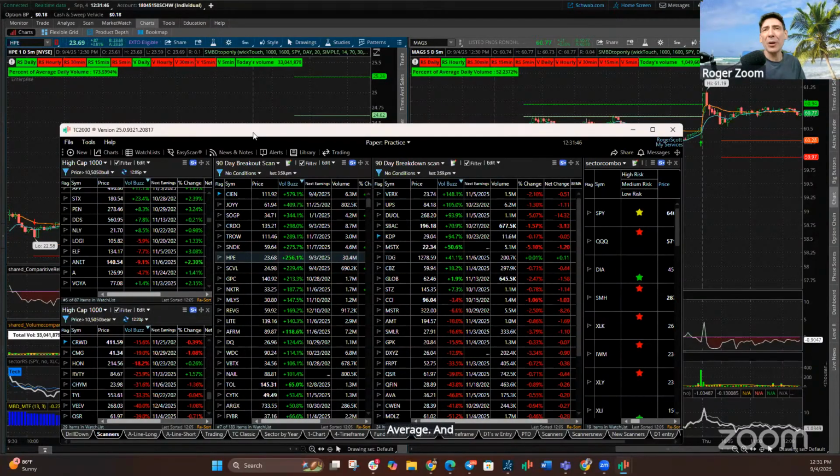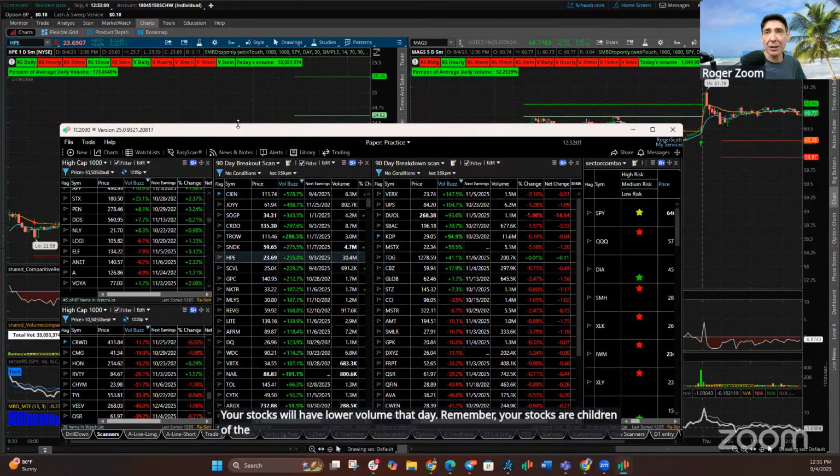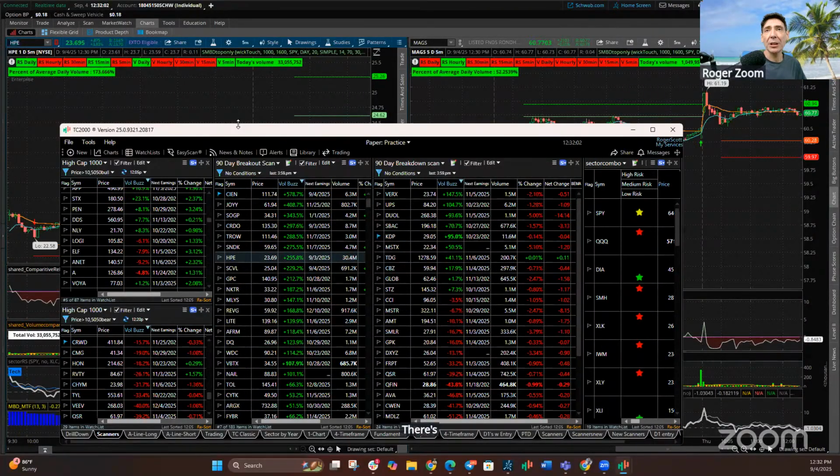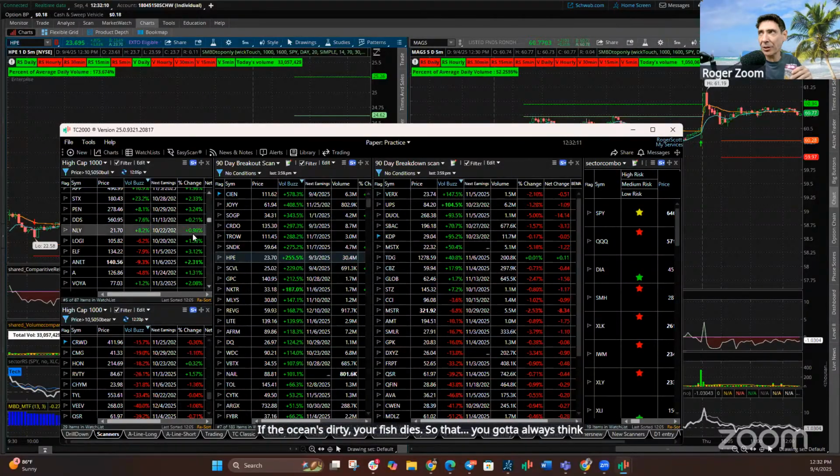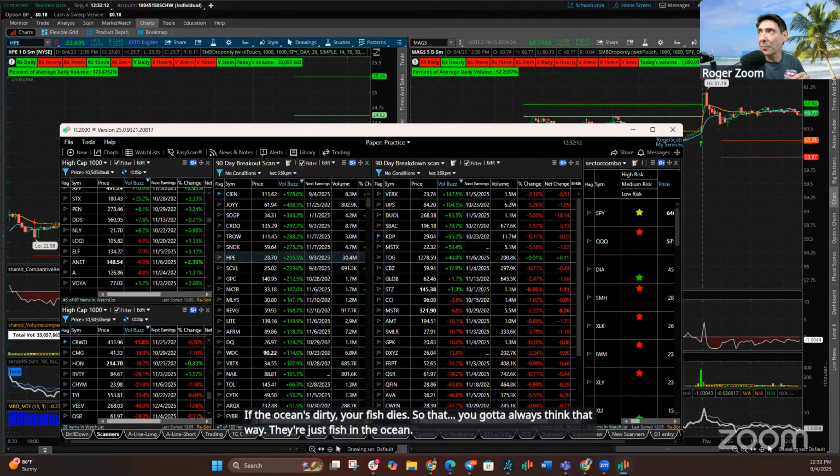And remember, we're trading large caps, so it's never going to be really low. And also, maybe the market has low volume that day. If the market has low volume that day, your stocks will have lower volume that day. Remember, your stocks are children of the bigger ocean. There's a fish in the ocean. If the ocean doesn't move, your fish doesn't move. If the ocean's dirty, your fish dies. So you've got to always think that way. They're just fish in the ocean. All right, so